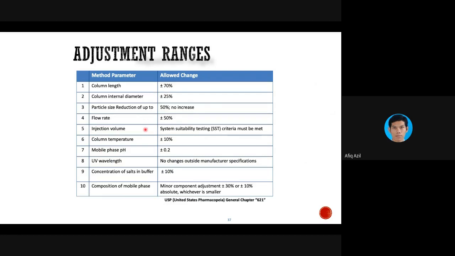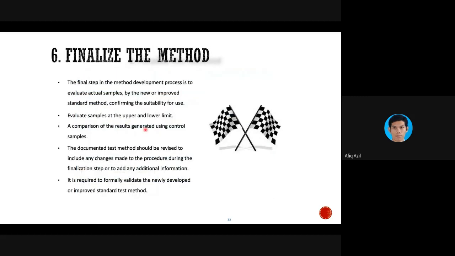Okay, so depending on the reference that you are using. And finally, once you confirm with the method, you are happy with the result that you obtain, because you have to do the test run several times. You cannot just do it once, get a result, be happy, and say, oh, this method is finalized. You have to make sure that the result you obtain can be repeated. At least try to repeat 2-3 times to make sure that you get the same result.